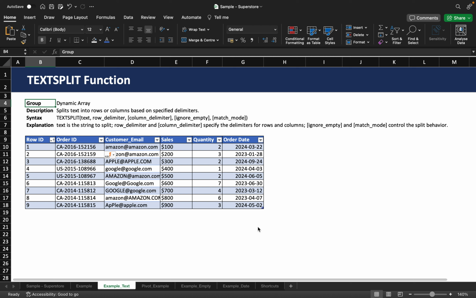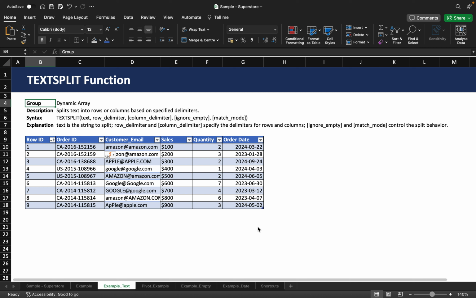Today I want to explore how to use the TEXTSPLIT function. The TEXTSPLIT function in Excel is a new addition that's designed to efficiently split text based on specific delimiters or patterns. This function is especially useful for breaking down text data into multiple columns or rows without the need for more complex methods like text to columns or VBA scripts. TEXTSPLIT significantly improves how text data can be managed in Excel, providing a flexible and straightforward way to split text